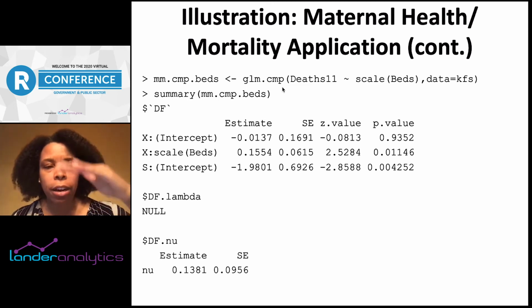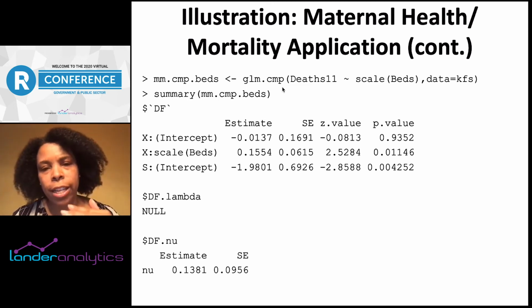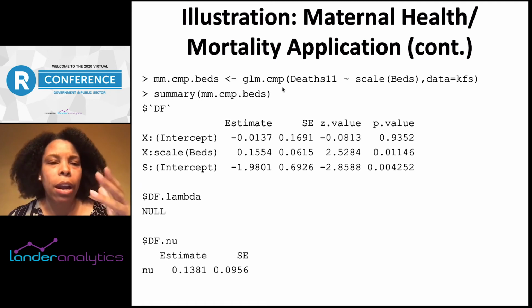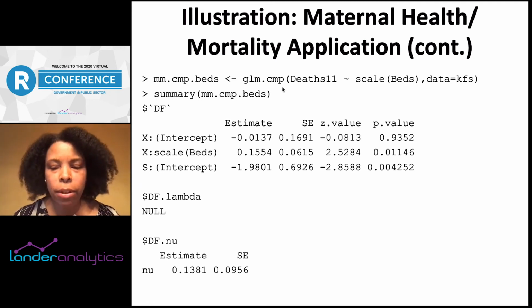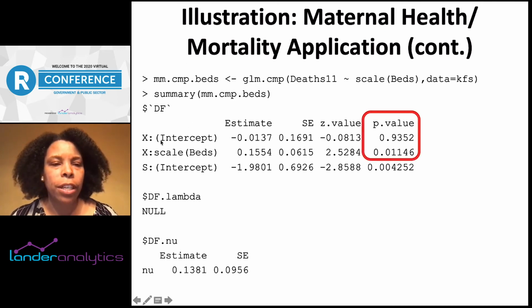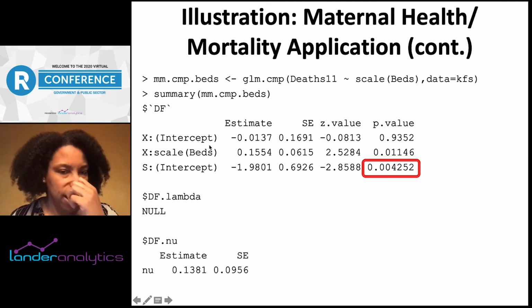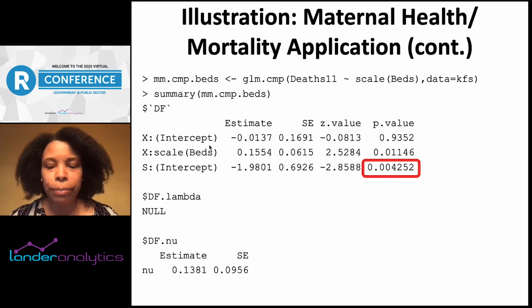namely, and I should be clear, the output is stretched over this and the next slide, where what's initially presented is of course the natural coefficient table for the coefficients associated with lambda and that associated with nu here. And so, as you'd expect, we have the corresponding estimates, standard errors, z-values, and p-values.